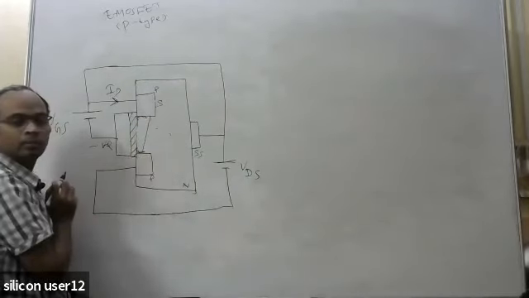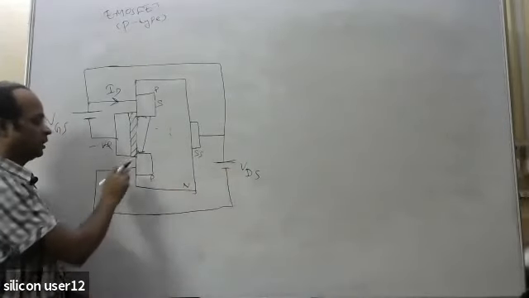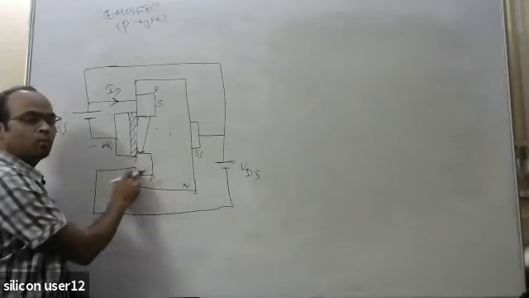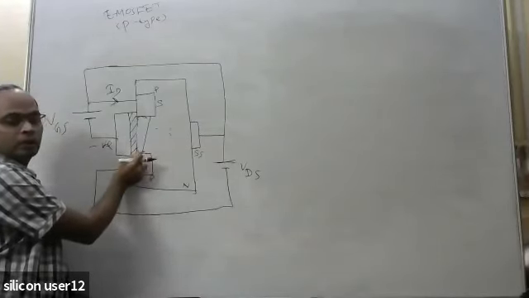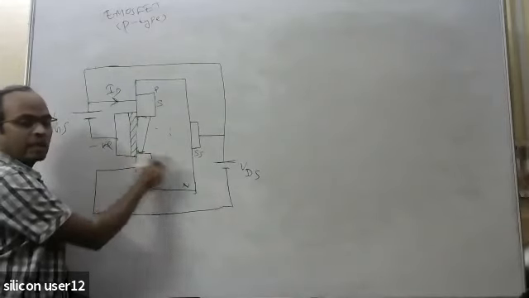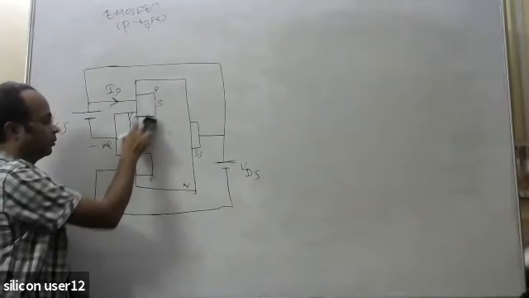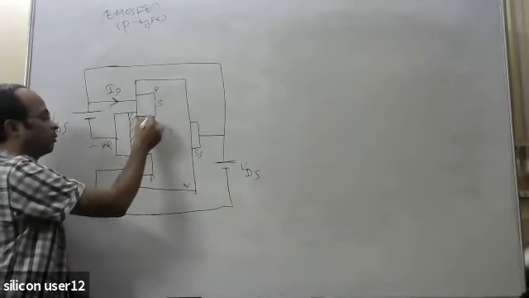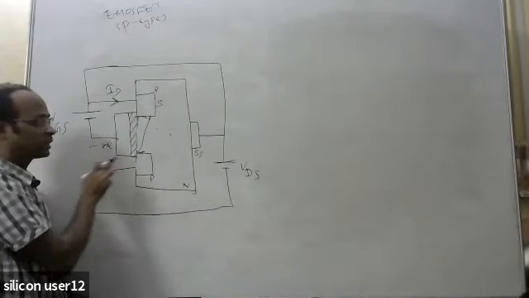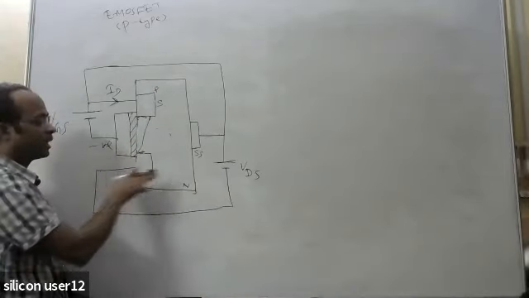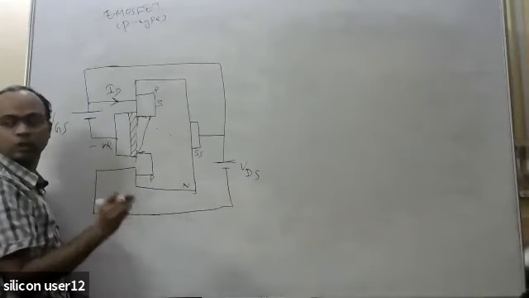like this. And when you go on increasing this VDS value, that means if you make this drain terminal more negative, this thickness will go on reducing. So at a particular drain voltage, this channel will be completely pinched off. Once that happens, after that the drain current will not increase anymore. The drain current will be saturated.